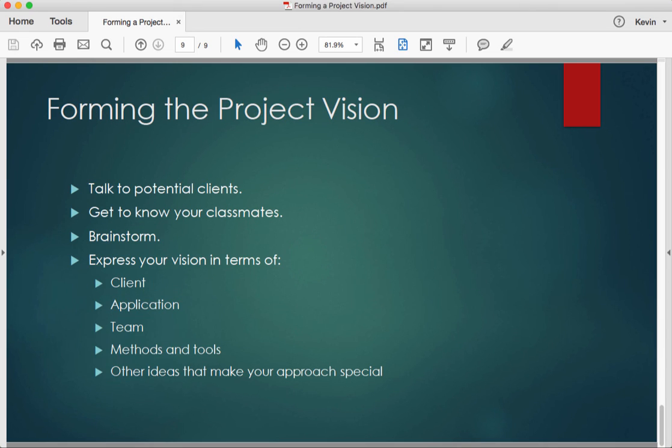Now, how do you do that? Well, you begin by thinking about what you individually see as a project vision. Okay? So, spend some time and talk to potential clients. Okay? If you can think of somebody, say, hey, I've got this thing we're doing, what do you think? Okay? Start to get to know your classmates. You're going to be making a forum post to introduce yourself, so are your classmates. Find out about them. Start to brainstorm with clients and classmates about